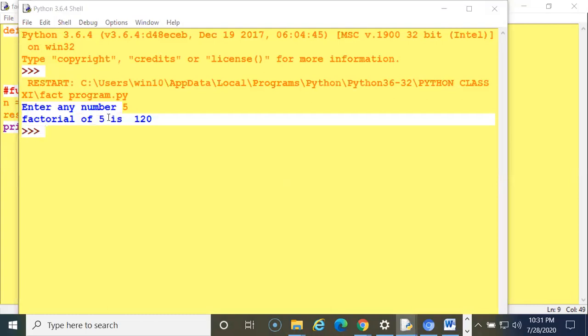I have inputted 5 here. So it will result in 120. How will it work? So first time 5. So 5 numbers will be multiplied 5 times. So just like raised power, you can write the factorial of the inputted value, with the last number being 120.